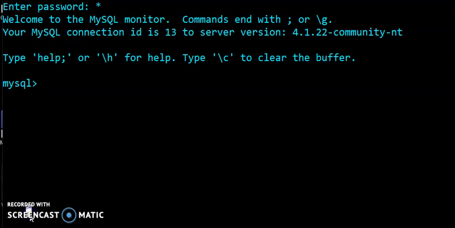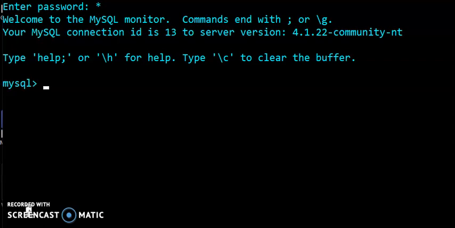Hello students, so today we will start the practical implementation of the order by and group by command. So let's start with the use of the order by command. Students, all of you know the use of the order by command. Order by command is used to sort in ascending or descending order. So we have to start our work.